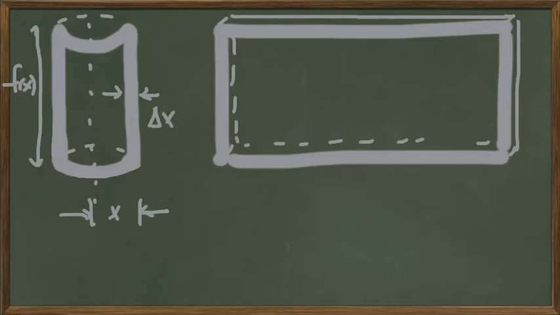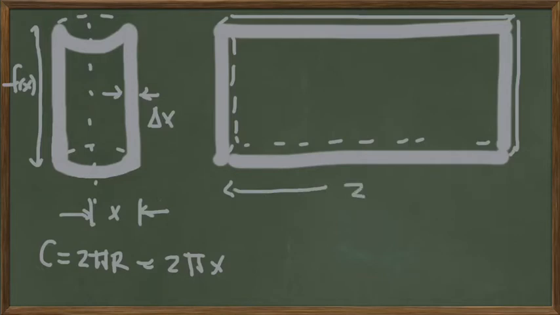Since circumference equals 2 pi r, it's going to equal 2 pi x, and the circumference around the shell is the same as what is now its width. So its width is 2 pi x,